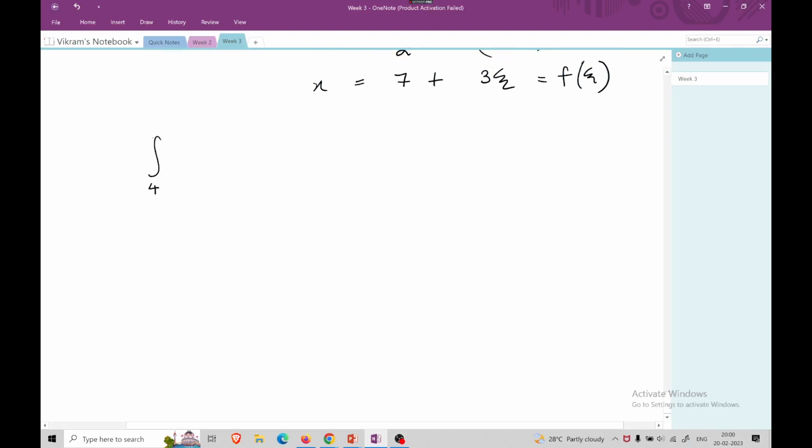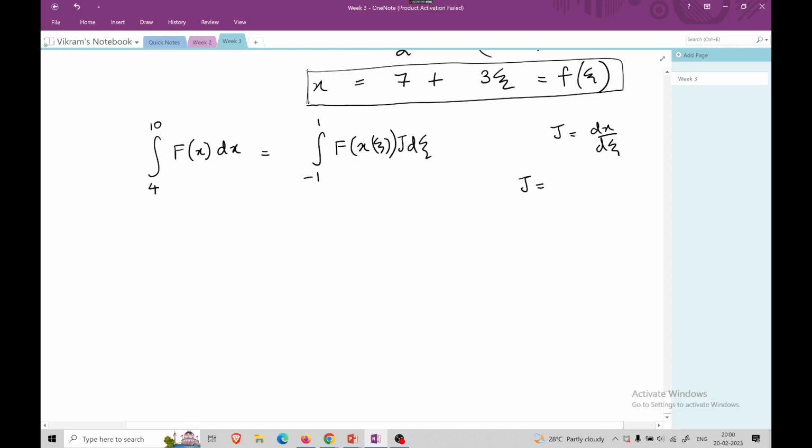Which means the integral from 4 to 10 of capital F of x dx is equal to the integral from minus 1 to 1 of F of x of eta times J d eta. We already saw the Jacobian is dx by d eta. If you differentiate x with respect to eta, J is equal to 3. So J times d eta, this whole thing you can call capital G of eta. So the integral from minus 1 to 1 of G of eta d eta